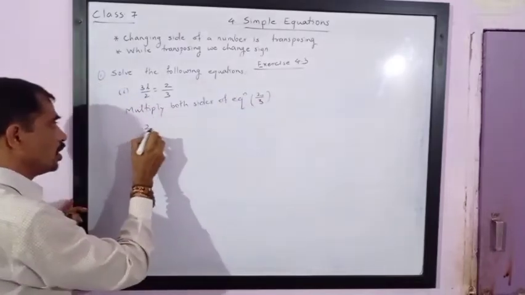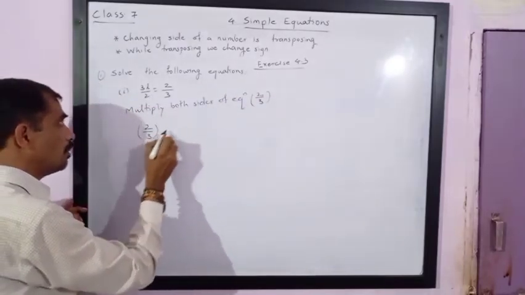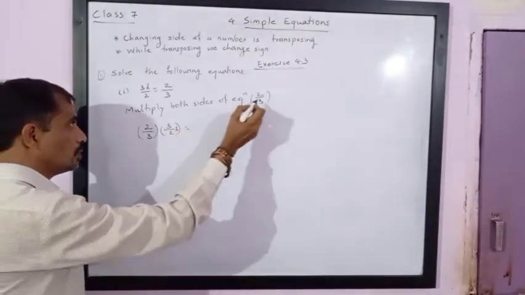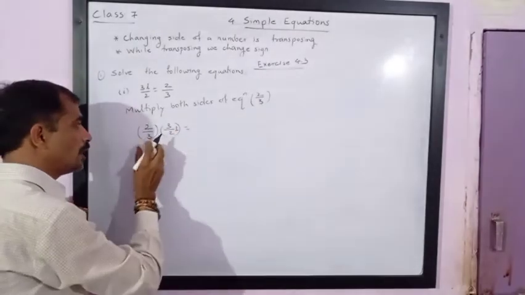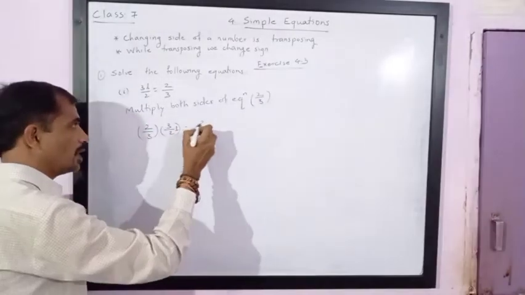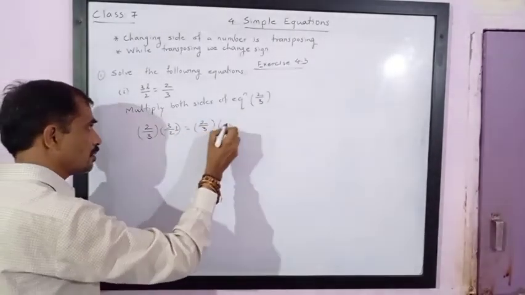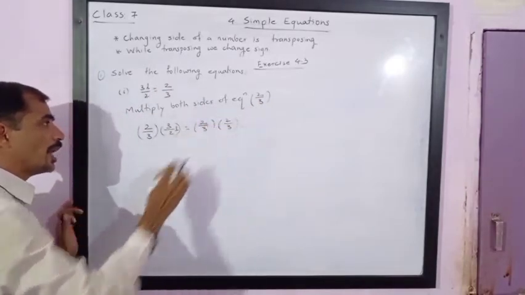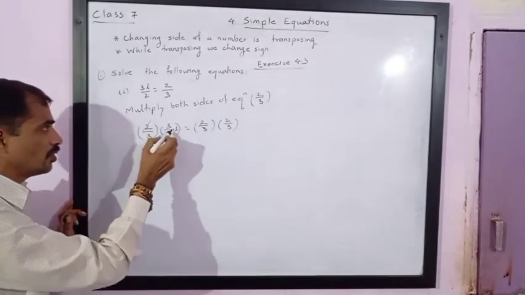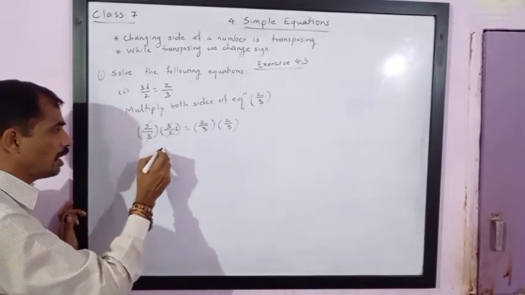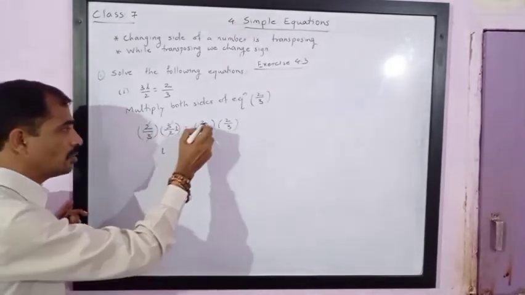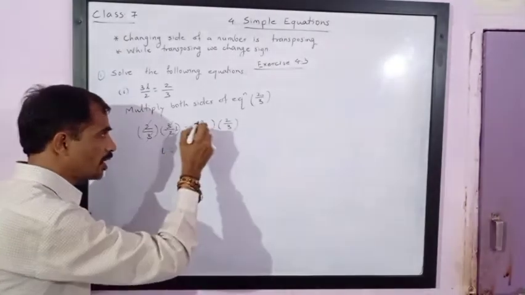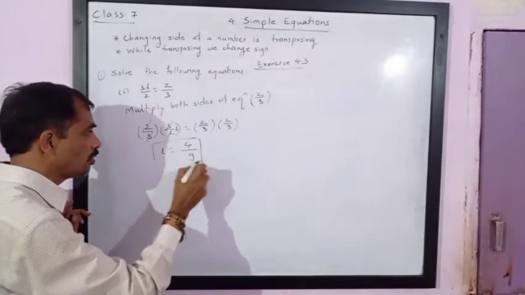See what we get. 2 upon 3 multiplied by 3 upon 2 L is equal to, we have multiplied 2 upon 3 to the LHS, so we have to multiply by the same number to the RHS. So this is 2 upon 3 and this is our multiplier. Please note, 2 eliminates with 2, 3 eliminates with 3, so we have got only L on the LHS, and on the RHS we have 2 2s are 4 and 3 3s are 9. Please note, these are not reducible. So we have got L is equal to 4 upon 9.